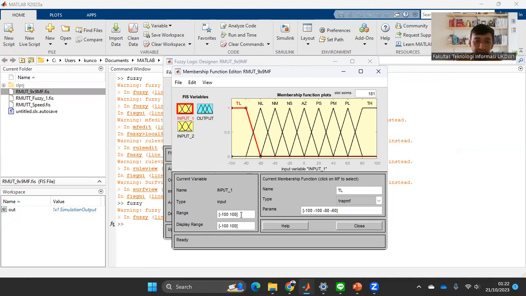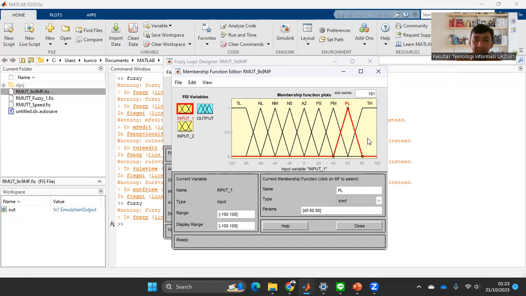I set the range from -100 until 100, and I put 9 categories from TL until TH. For TL and TH, I use a trapezoidal membership function shape. For NL until PL, I use a triangle membership function shape.